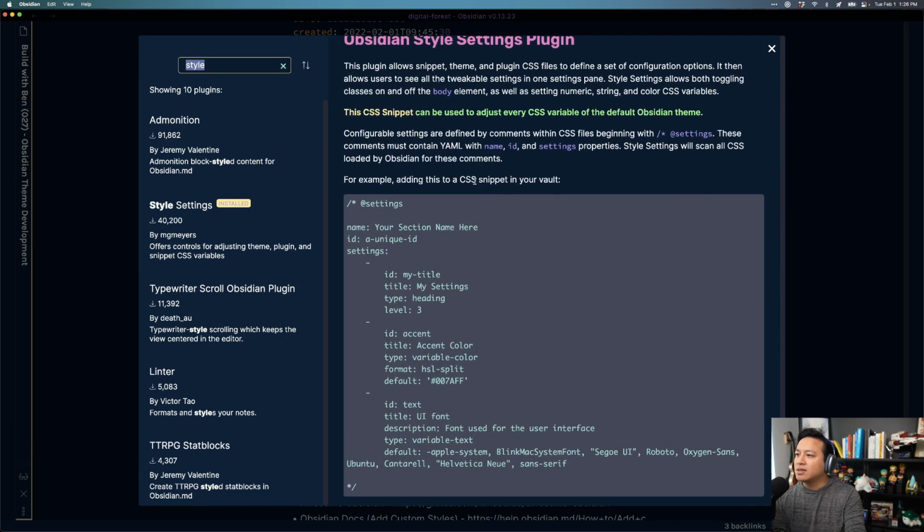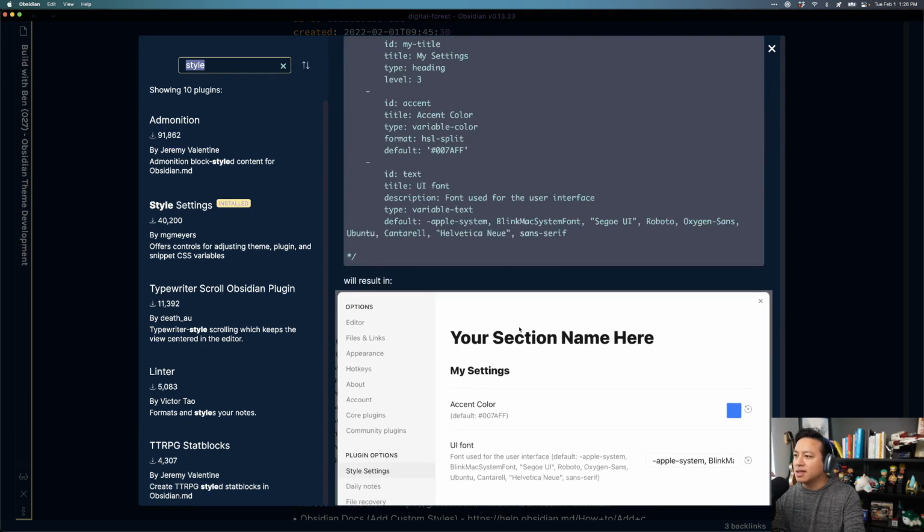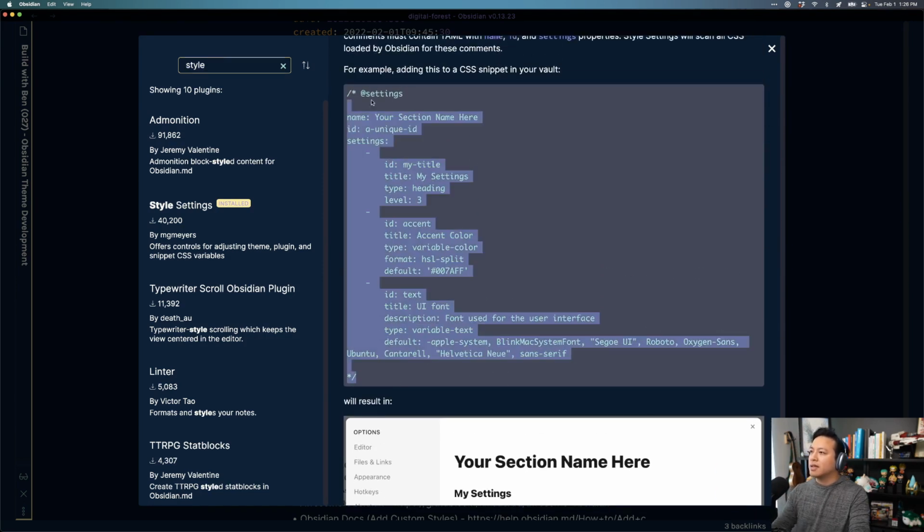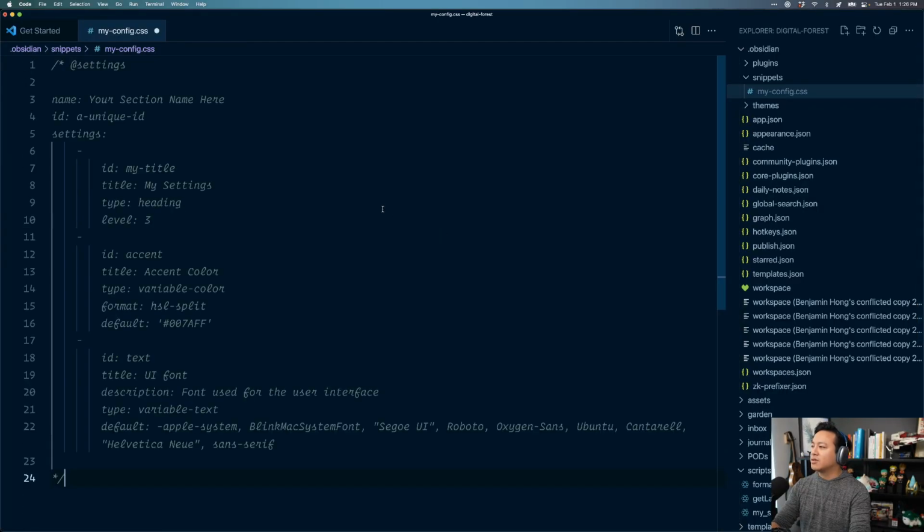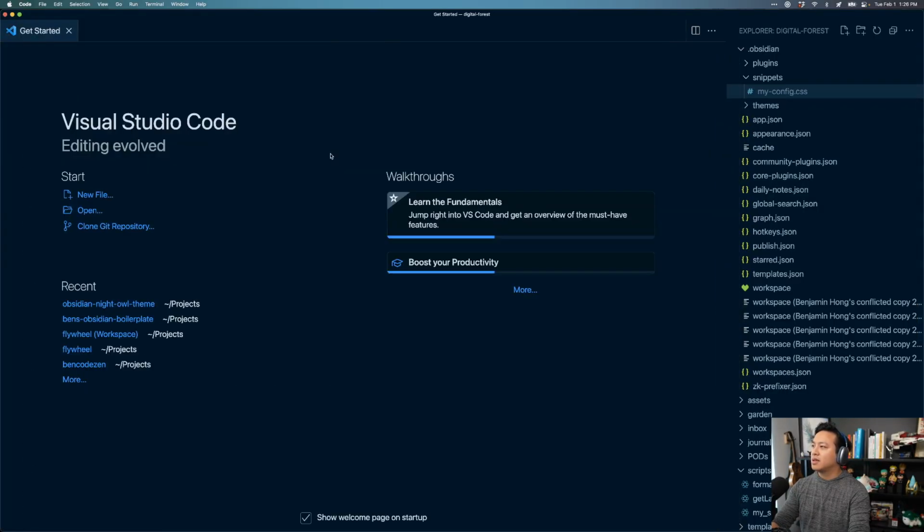For example, adding this to a CSS snippet in your vault will result in this. Yeah, so, okay, hold up. Let's try this one more time. My config, I'll drop this small one here. Okay,